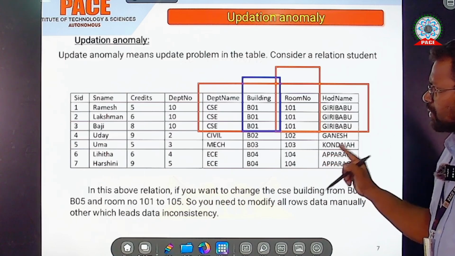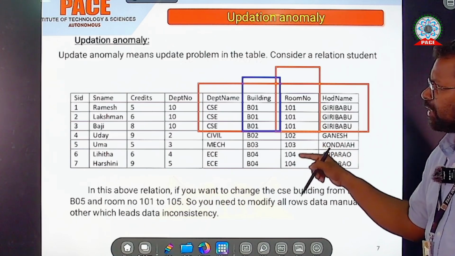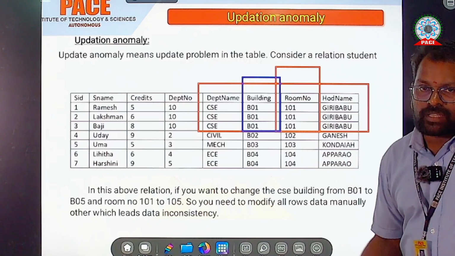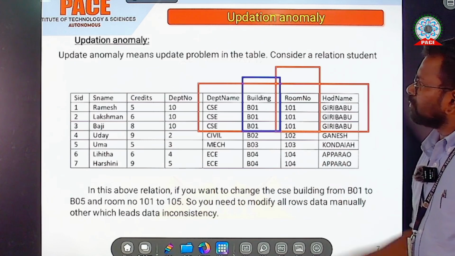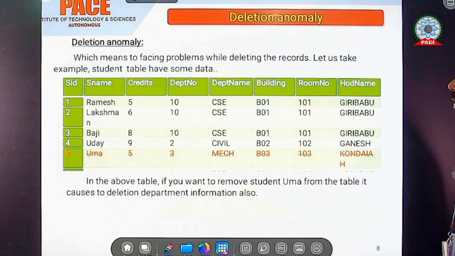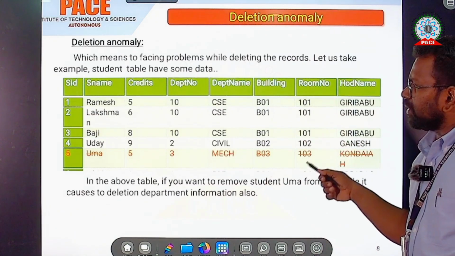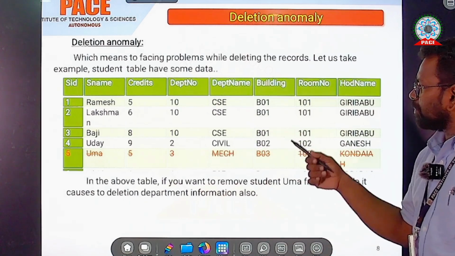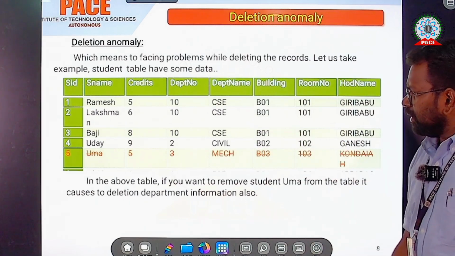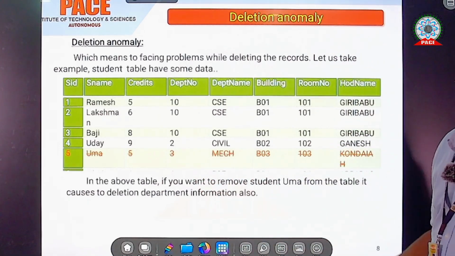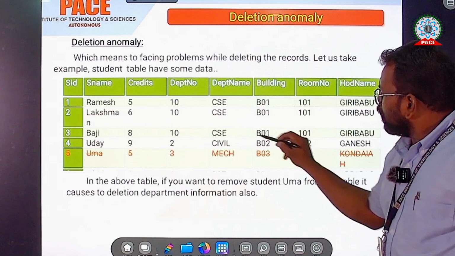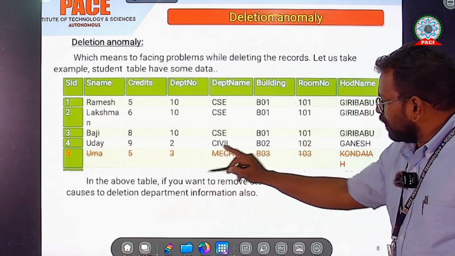Deletion anomaly means the problems that occur during deletion. In this table, all the information is stored in one place: student information, department information and building information. Some student wants to leave the college after 4 years. In this table, only one student has the MTech department. If that student is going to leave the college,